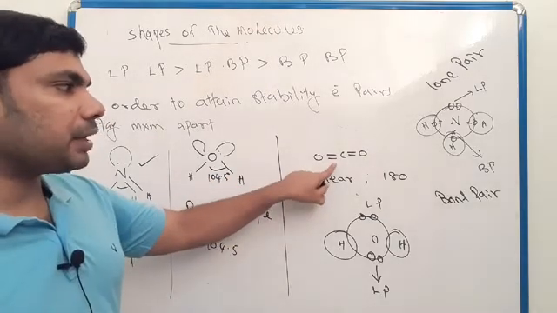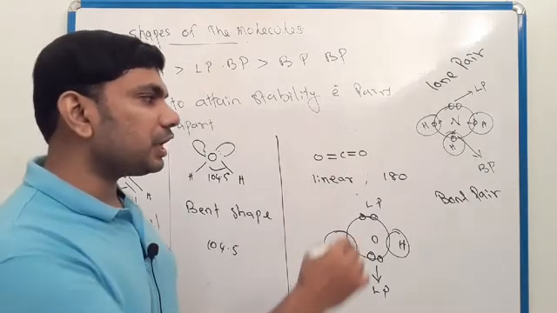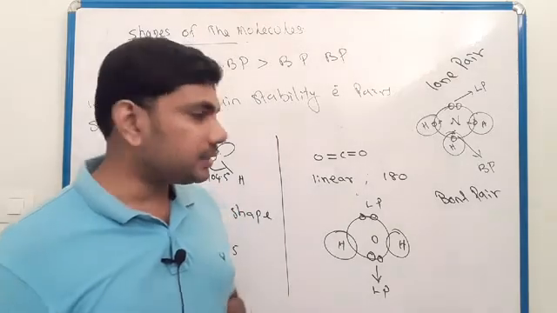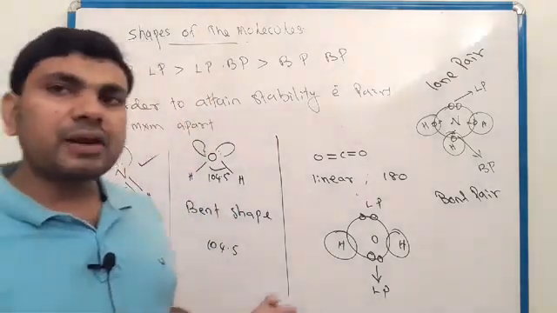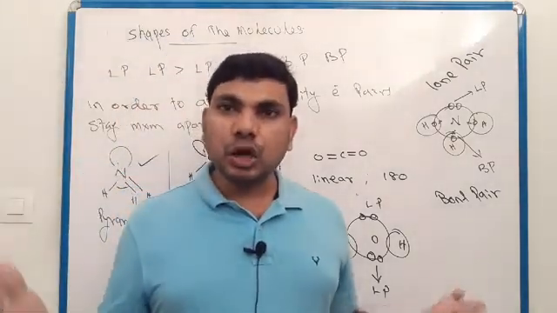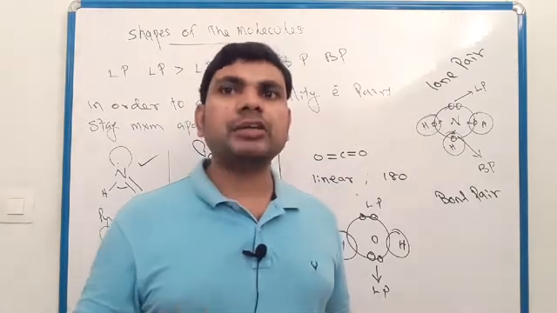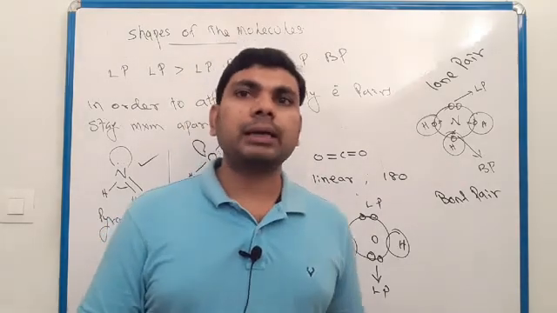And this is carbon dioxide, and this is linear shape, and the bond angle here is 180 degrees. So different molecules get different geometry and different bond angles, definite geometry and definite bond angle,